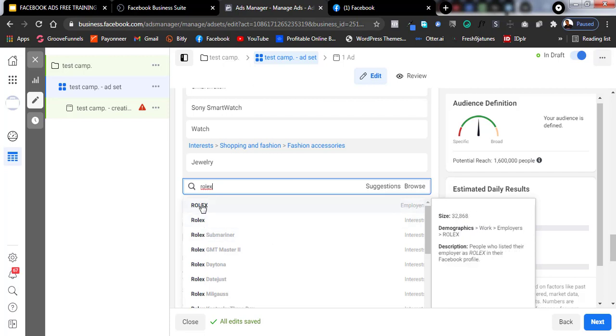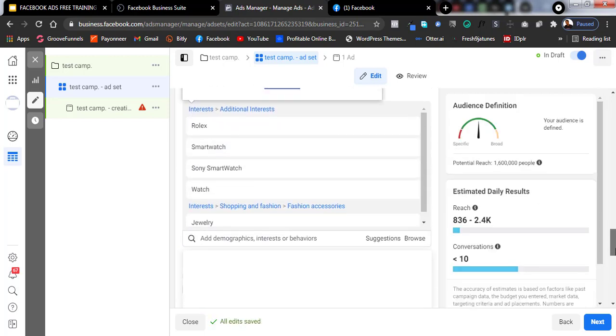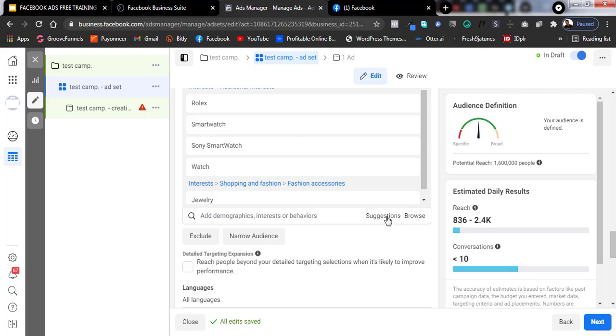As you can see, if you are targeting, make sure you are looking at this place. This one you see is called employer. Don't target people that are employed. If you target employers, that means you are targeting people working in Rolex company. So don't do that. Make sure you are targeting Rolex as an interest. Click on it. Because I've added Rolex as an interest right now, if I click on this suggestion box,